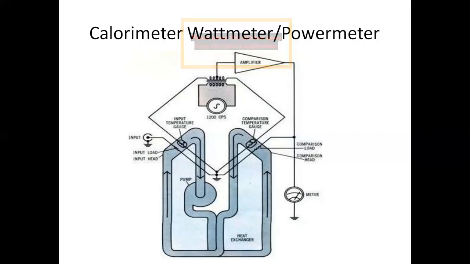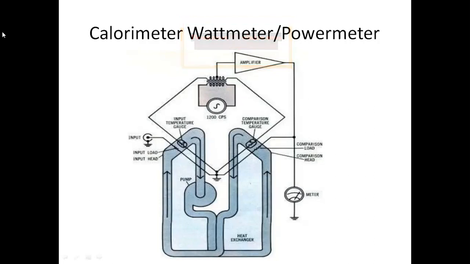When the input load resistance increases, the input temperature gauge, which is proportional to that resistor, also increases. As I said earlier, before applying this, the bridge is balanced at 1200 cycles per second. Due to the input RF microwave, the temperature disturbance in the input temperature gauge